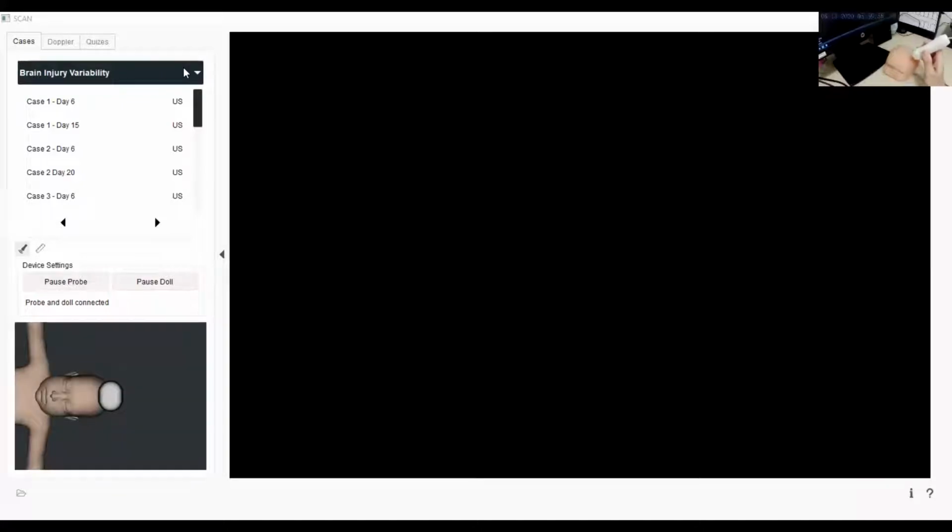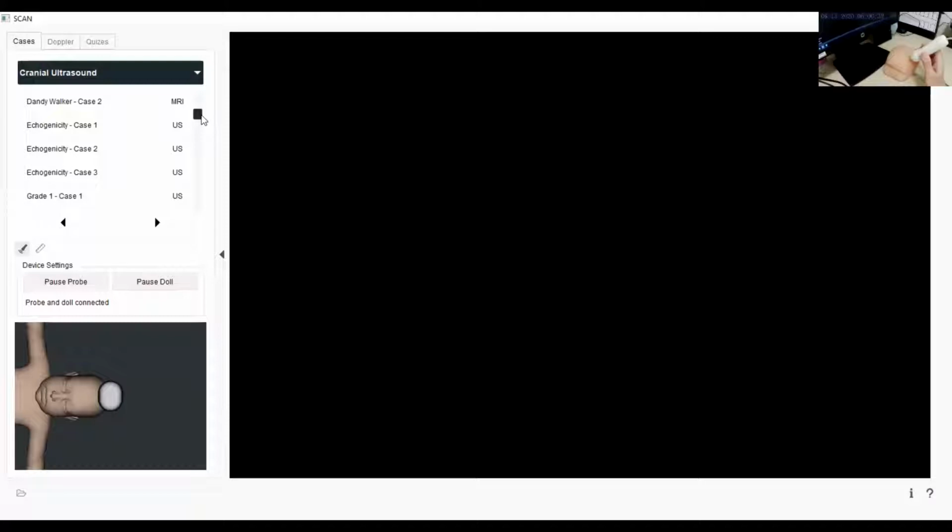So here you can see there is a library. There's a brain injury variability library, there's a cranial ultrasound library, and there is a mastoid view. In the cranial ultrasound, you can see all kinds of cases: brain malformation, aqueductal stenosis, benign cyst, calcification, etc. And I will just show you an example of the normal head ultrasound and grade 1 IVH to show you